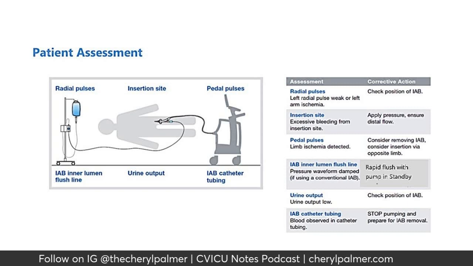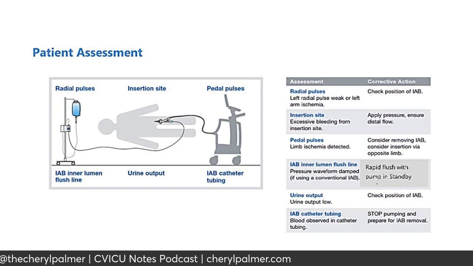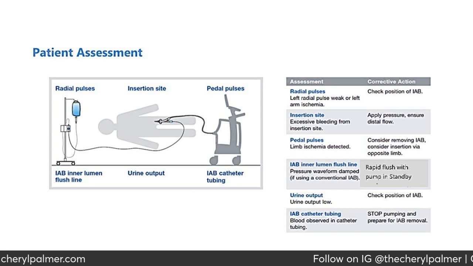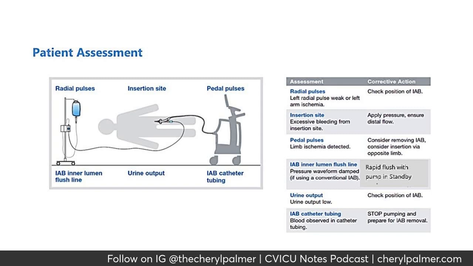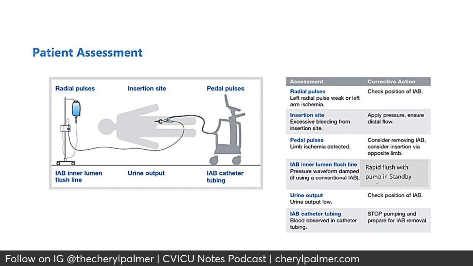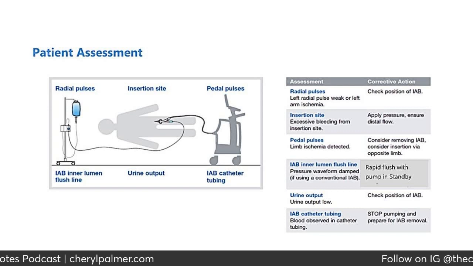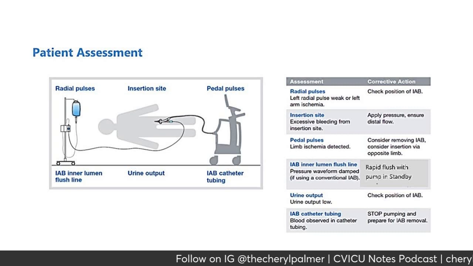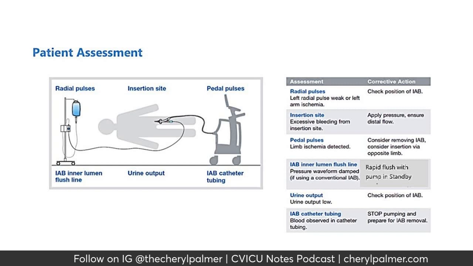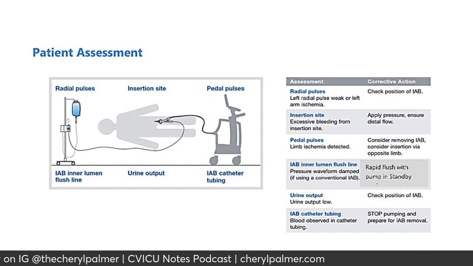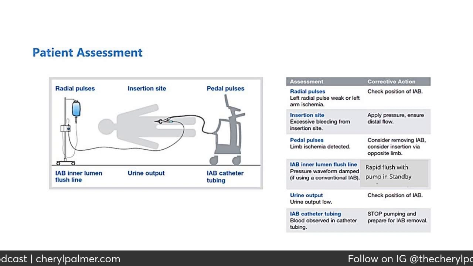Urine output is low. Check the position of the balloon pump. Remember, if the balloon is too low and it covers the area where the renal arteries are, it can affect urine output because there's no perfusion to the kidneys. Catheter tubing: blood observed in the catheter tubing. Stop the pump and prepare for balloon removal. That is an emergency. Okay, so all of these things are very important for you to report